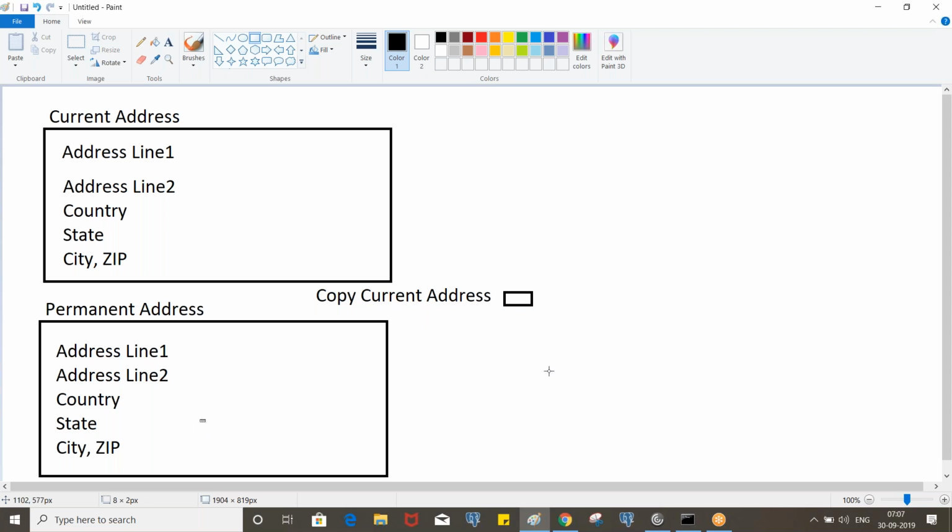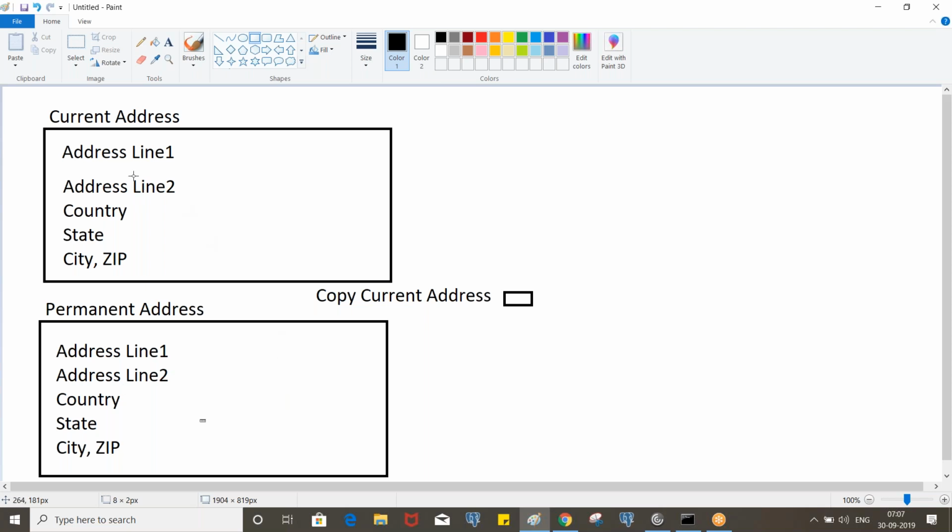When you deselect the checkbox, let's say you haven't selected it, then you should have the option to enter the data. If it is copied to permanent, you have to make it read only so that the user should not modify this data, and if it is not the same, then we need to allow the user to modify the permanent address. Okay, so here are the properties the same or different?